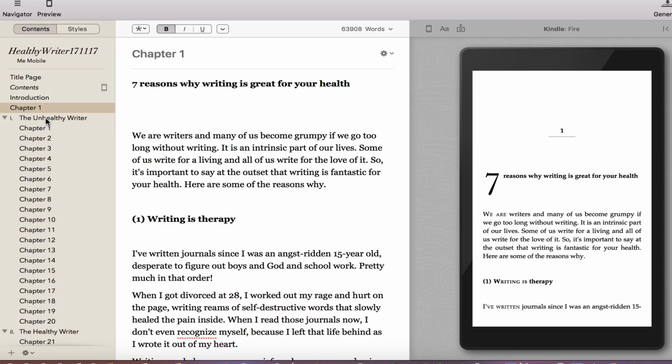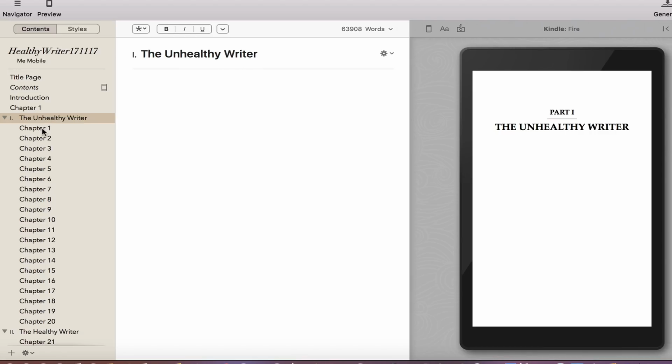So what's very cool here is it has done the parts as well as the chapters. And that's really handy because for nonfiction, you will often want to write in parts. And again, you can change the way things are written. So you can hide the heading in the book. You can do different volumes. You can add a heading image. So this is really handy if you want different images in your book,